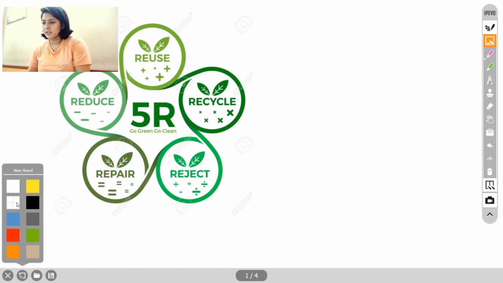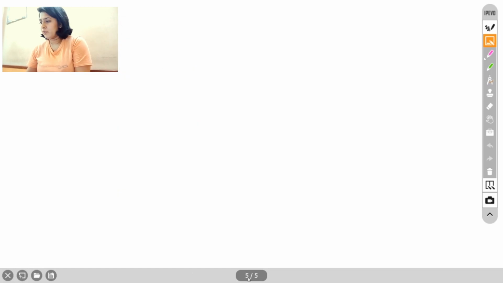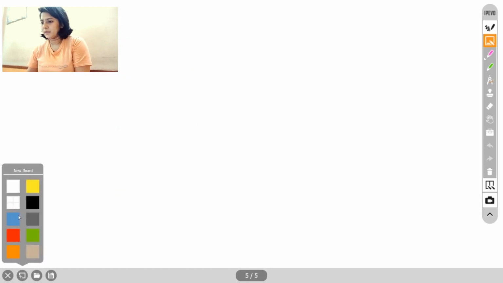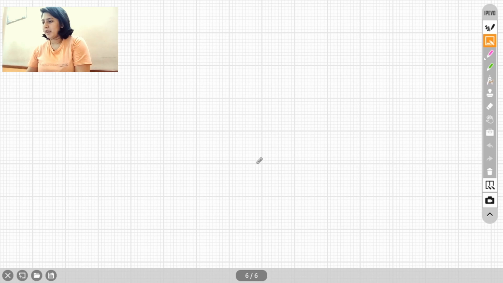If you go to the board selection and there's a board, you get this checkboard. Okay, so this checkboard is something I really like, because be it for mathematics or for social science, economics too, you need to explain to your students a lot of graphs. So I'm going to take an example of an IC curve.